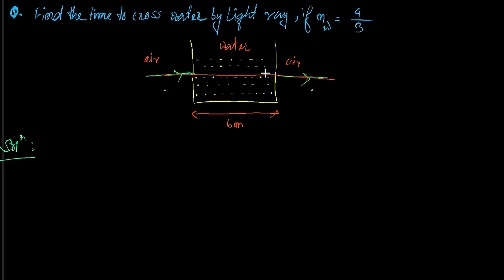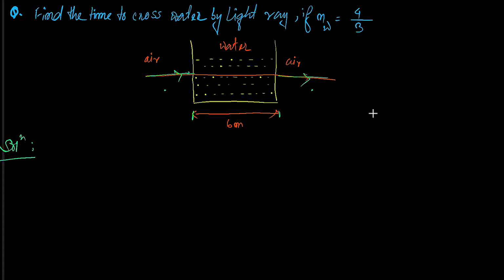That means what is going to happen? To travel this distance, that is the 6 meter distance that is given, to travel this 6 meters, the light is going to take a high amount of time to cover this distance, right? So now we'll check. We have to calculate the time, but before that we also need the distance. The distance is given here, 6 meter.